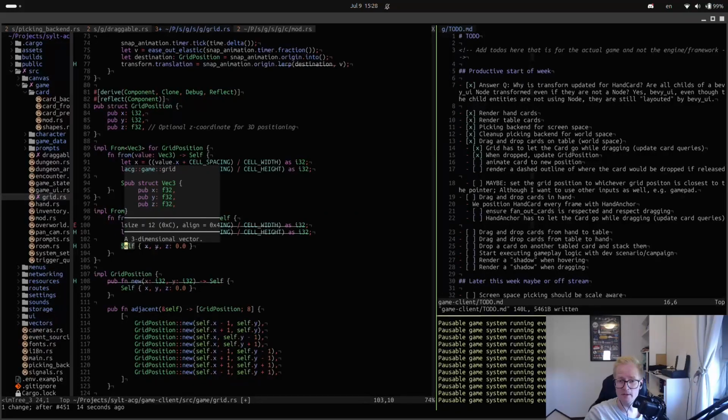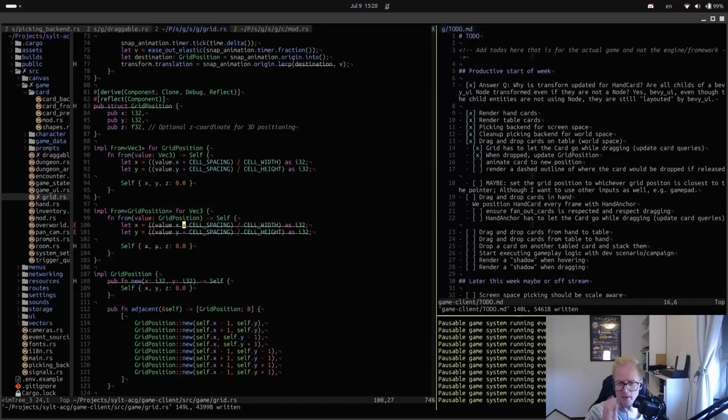Self here is XYZ. We'll want 0. I don't really care about the Z axis in these cases, I think. Because Z index was optional Z coordinate for 3D positioning. Oh, whatever. Anyway,